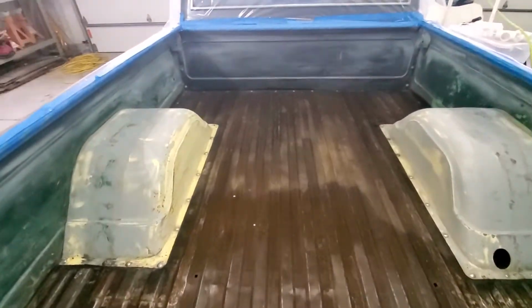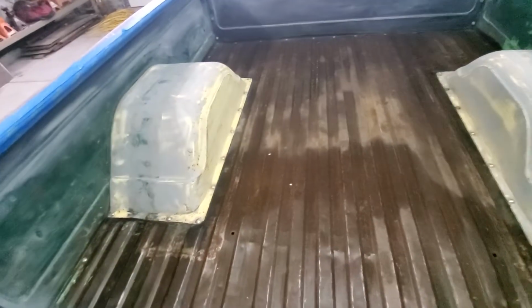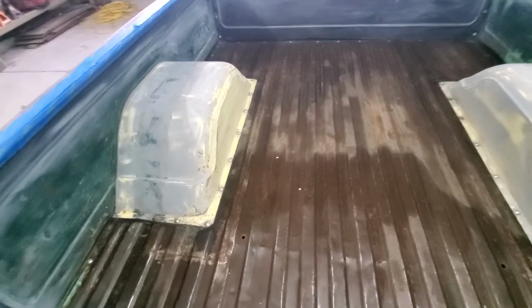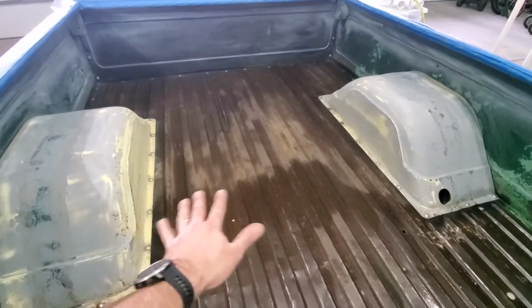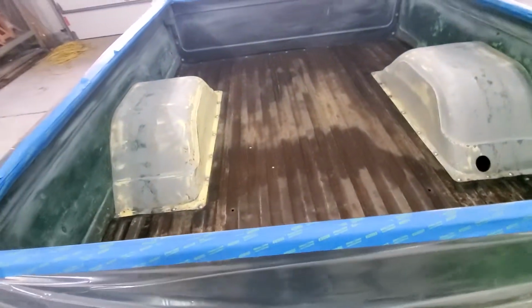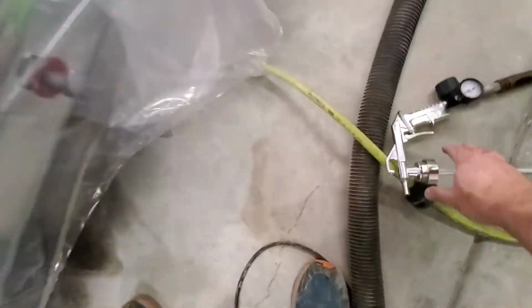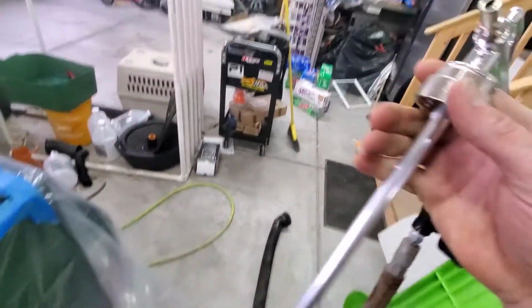Well, we're getting real close to being ready to spray. I went ahead and wiped down the bed with some wax and grease remover. It's not completely dry. You can probably see a little wet area there. So got the ceiling fan going, help get that dry. Down here,